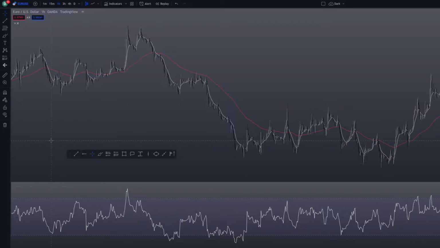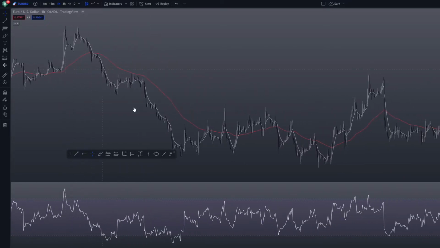So let's start off with what we're actually going to be learning in this course. This is going to be a simple strategy that we're going to be coding. It is going to be a simple EMA cross strategy, and we're also going to be utilizing the RSI, as you can see down here. But we're basically using an EMA crossover. If you don't know what that is, you have two EMAs. You have a shorter period EMA, which is this white line, and a longer period EMA, which is this red